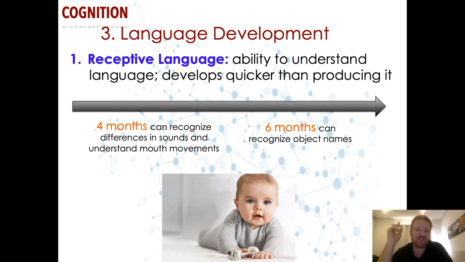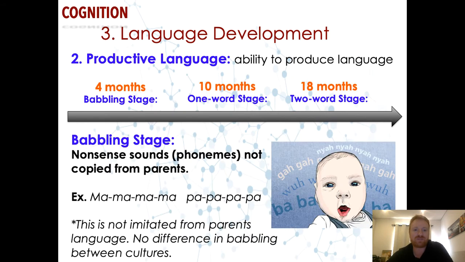They can also at 6 months start recognizing objects like nouns. I remember my niece was about 8 months old, and she was crawling all over the place, and I told her she had some toys on the other side of the couch, and I said, go get your pink dog. And out of all the toys back there, she knew which one I was talking about, and she went and got it and brought it back to me, and I was just shocked that she knew what I was talking about. She couldn't say the words pink dog, but she definitely knew what I was talking about, and that's a part of that receptive language. The productive language is where you produce it.